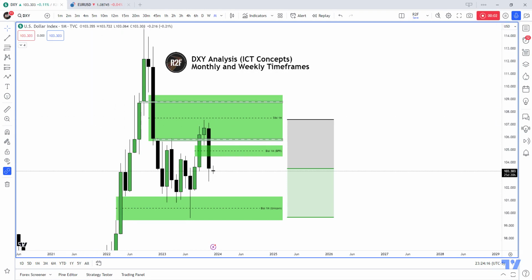Okay, this is a dollar index analysis using ICT concepts, the monthly and weekly timeframes, including the 3-week, 2-week, and 1-week time frame. We'll start out on the monthly. Okay, we'll see price went all the way up to almost 115 levels, then get rejected